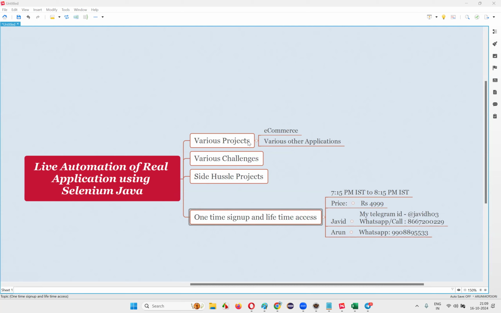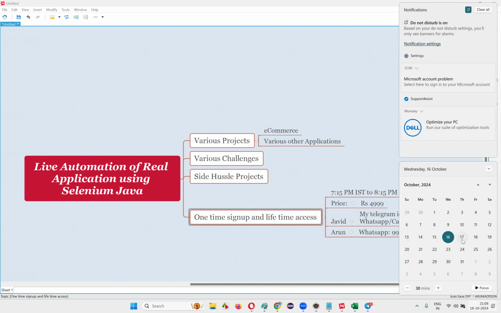It's better to have some basic knowledge of core Java and Selenium at least, not completely. If you are able to run a Java program, that is good. But you will understand. Even if you don't have the knowledge, you'll understand. No problem at all, but I recommend having something. Tomorrow we'll start, and the day after tomorrow we'll do something.